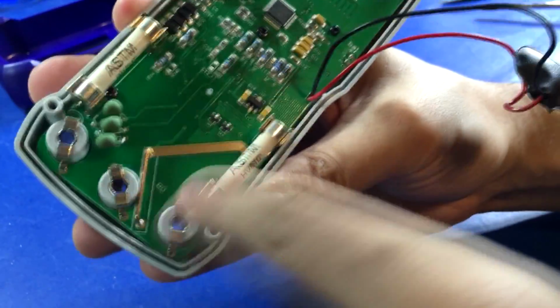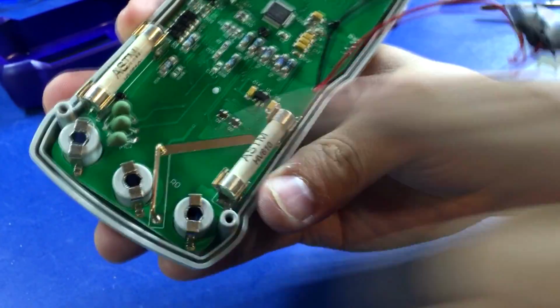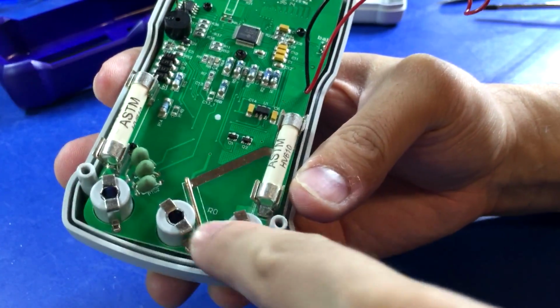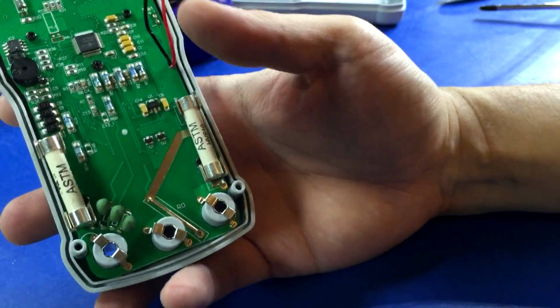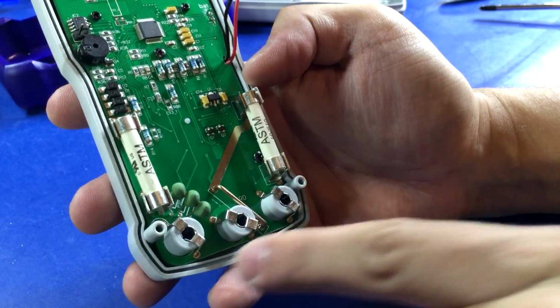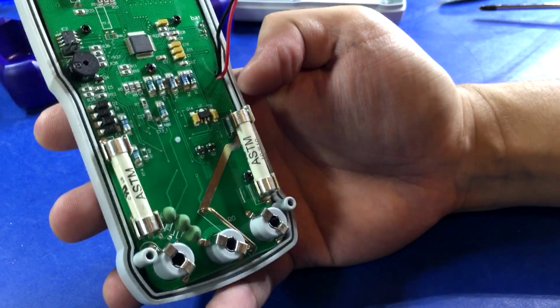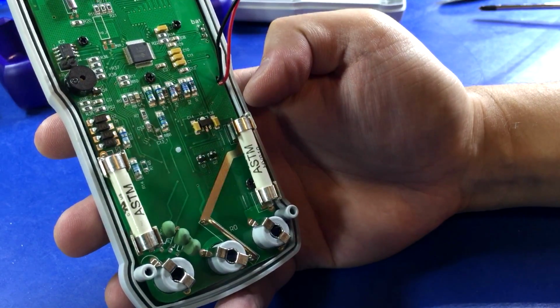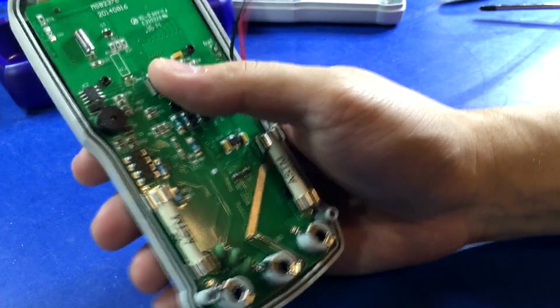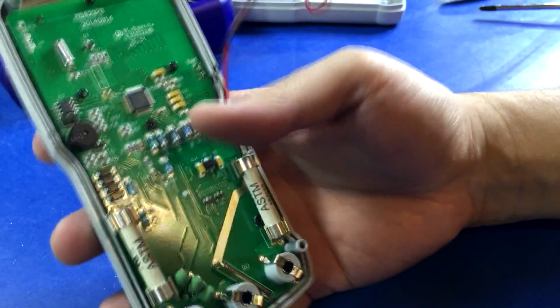There's our 10 amp current shunt. It's kind of bent over and touching the plastic there, but I guess that's fine because these two sides have continuity. Ceramic fuses, they're not the super tiny ones, so I guess that's okay. 3 PTCs. And that's about all she wrote. There really isn't a lot to it. And there's the main processor and a little watch crystal, and